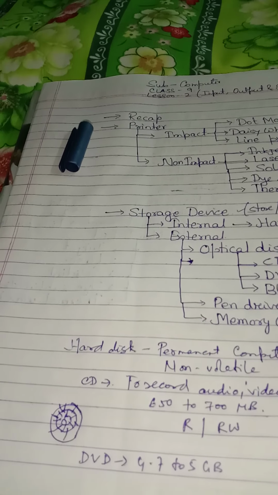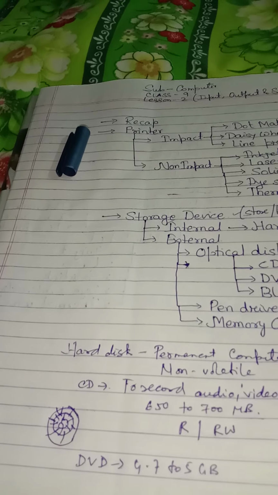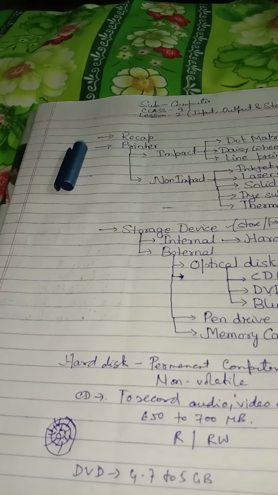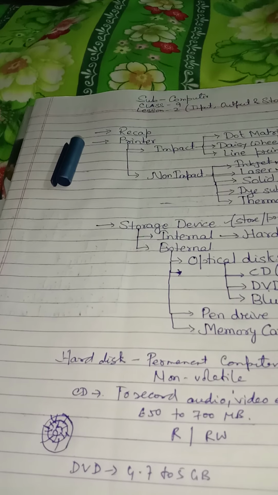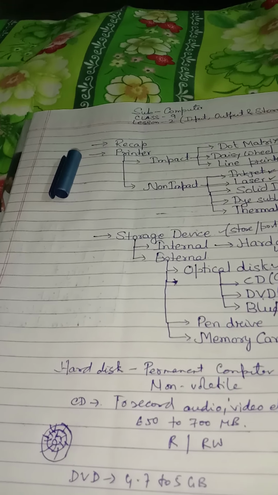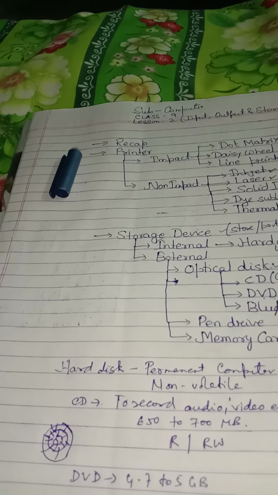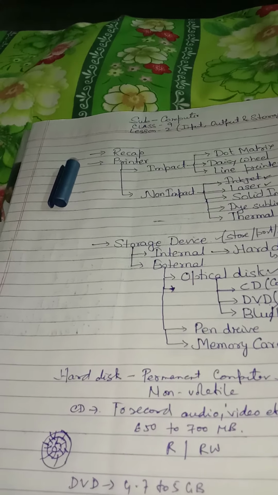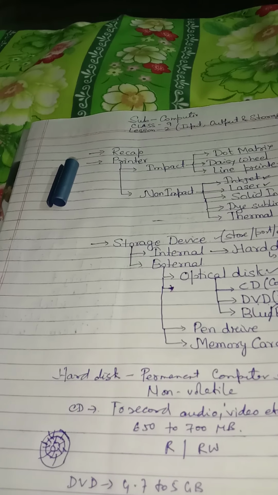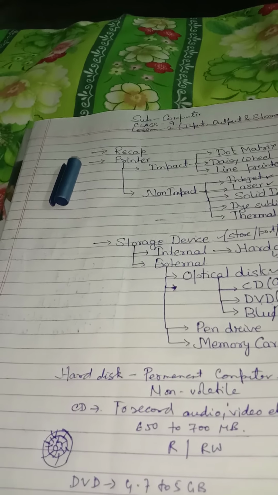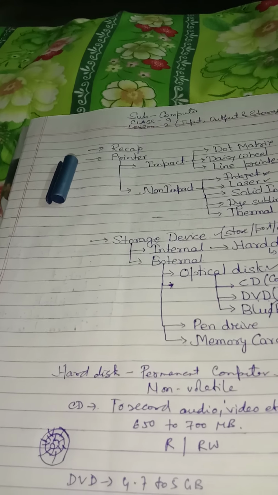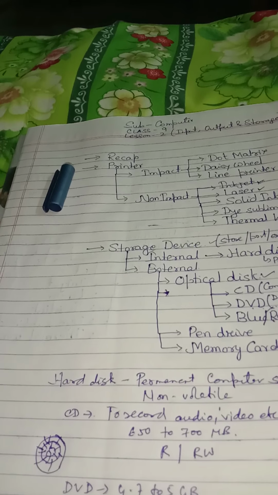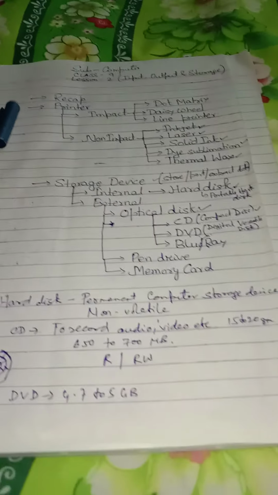DVD can be single or double-sided, with a layer on each side. The double-sided DVD can store up to 17 GB of video or audio. So DVD is an optical device which generally stores 4.7 GB, equal to 133 minutes. Single-sided can store 4.7 GB, whereas the double-sided two-layer DVD can store 17 GB of video, audio or other information.